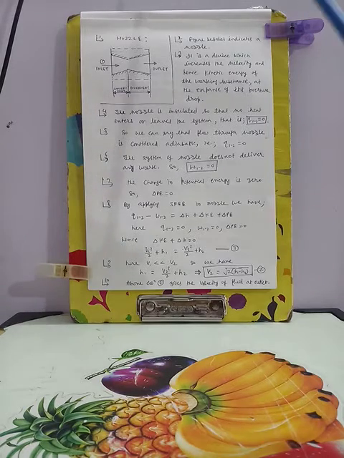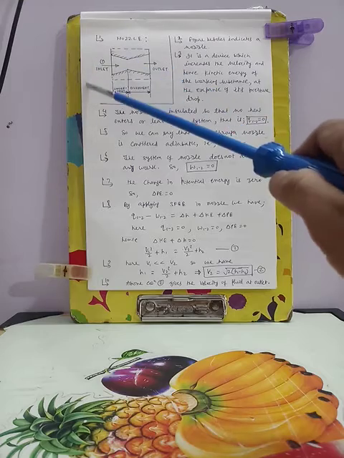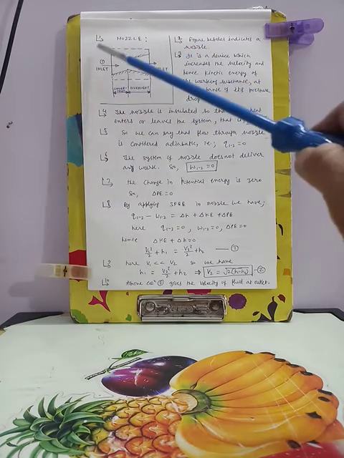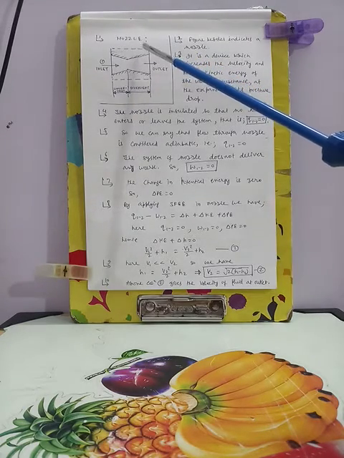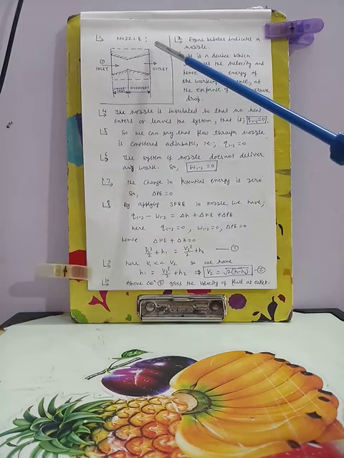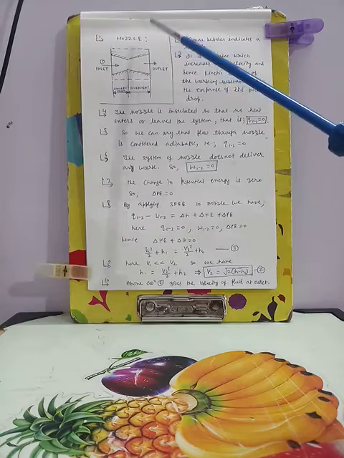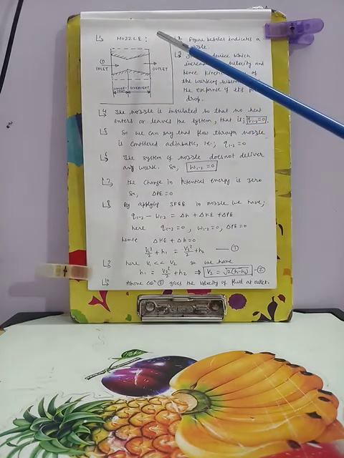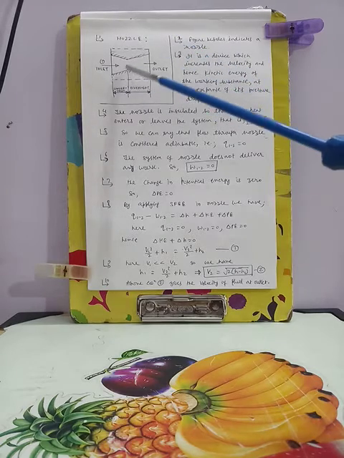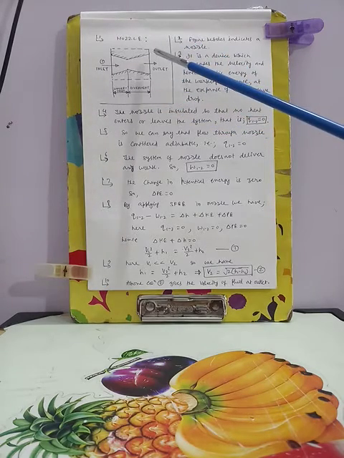And this is the third device where we will apply the steady flow energy equation, that is nozzle. It is very interesting. We use a nozzle at home to spray high pressure, high velocity spray to wash our vehicles, and this nozzle is also used in turbines and a number of places where we need high speed of the fluid.